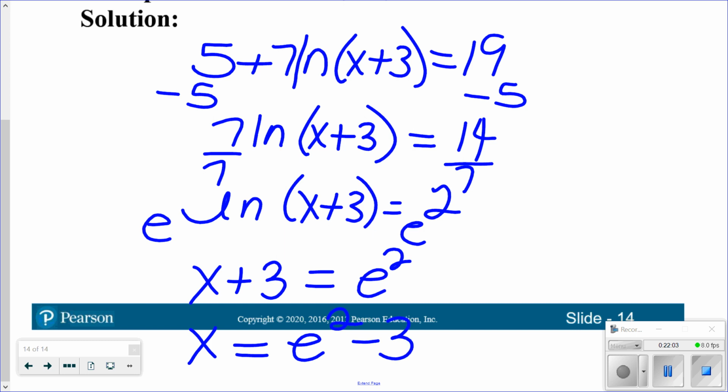Now, that is an exact answer. Some of you I know will want to change that into a decimal. That's okay. Hopefully you leave it as its exact answer. But if you need to put it in its decimal form, that's okay. All right, so that was it for our natural base